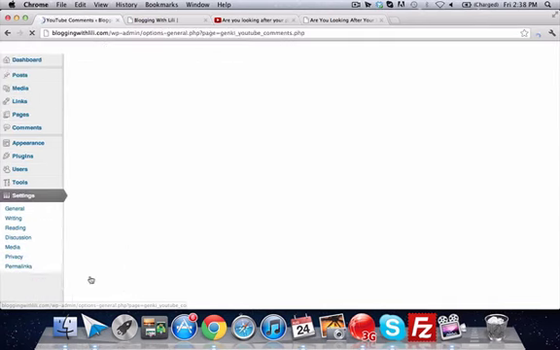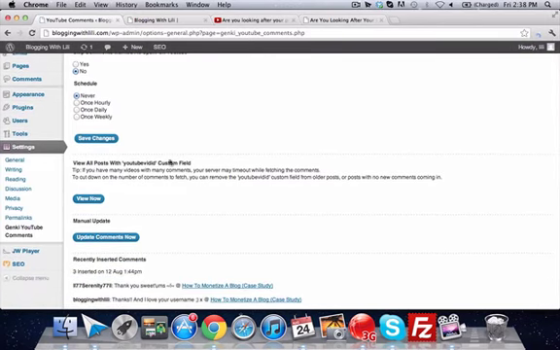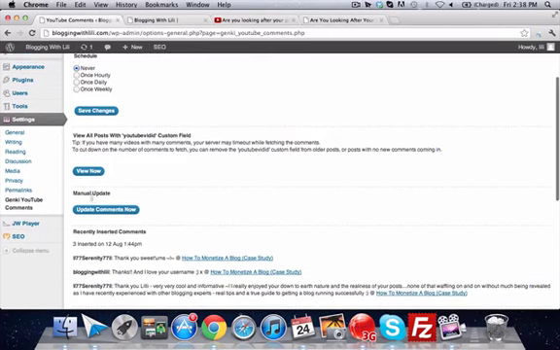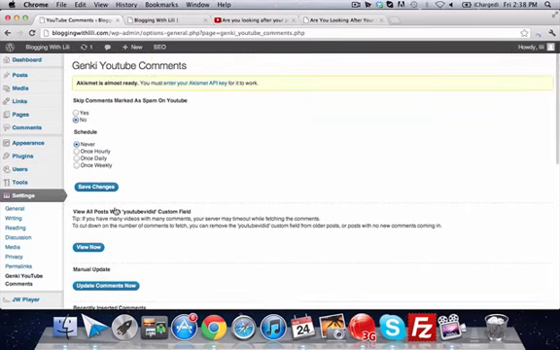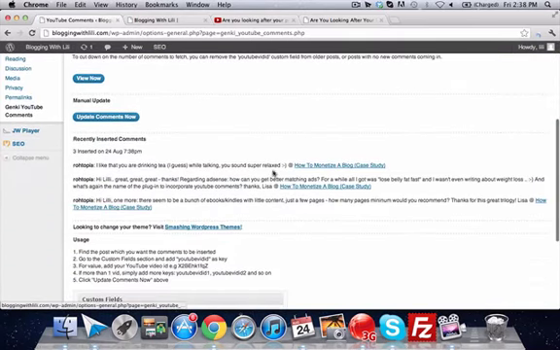So remember, this step is completely optional. You don't need to do it. And then under update comments now, manual update, it's going to update those comments straight away. And I didn't actually, oh no I did. So I had 3 comments in there that needed to be pulled over. So that just automatically did it rather than waiting 1 more hour for it to come through. So there you go. That's pretty much how to do it. So let's go into how to monetize a blog